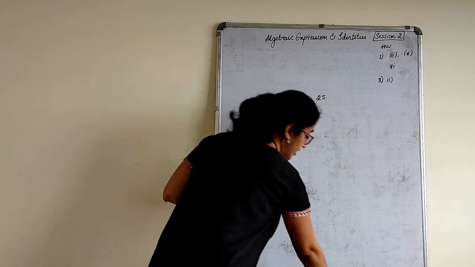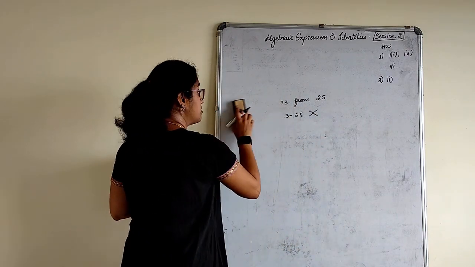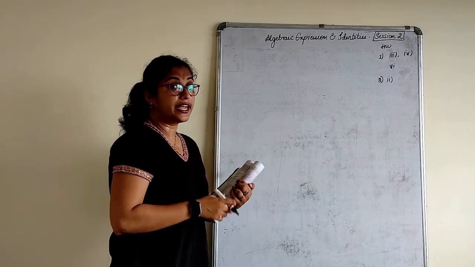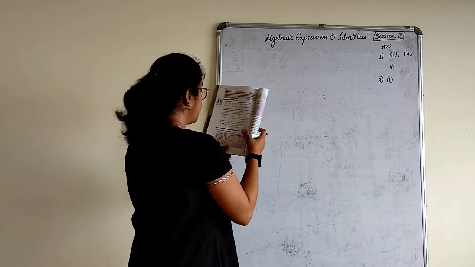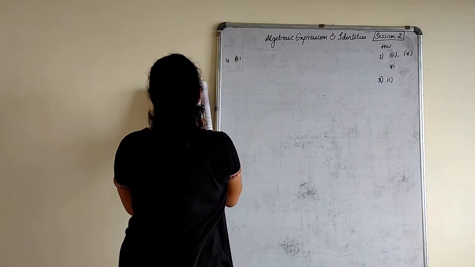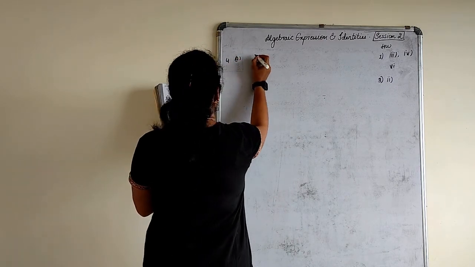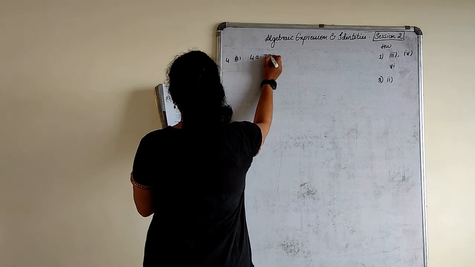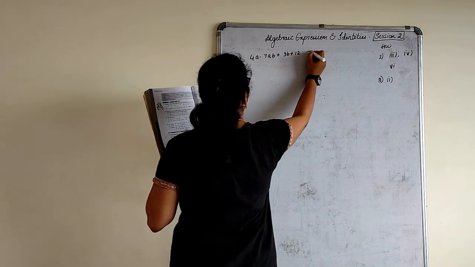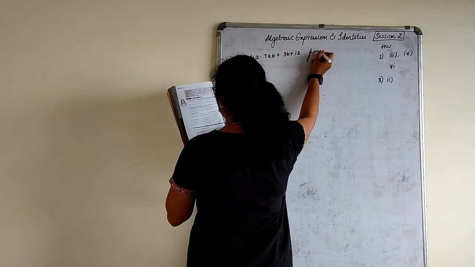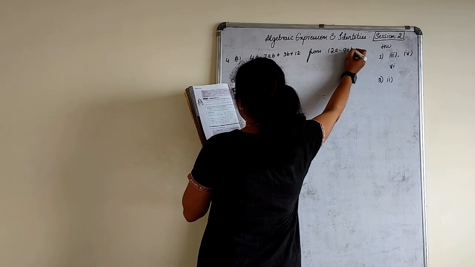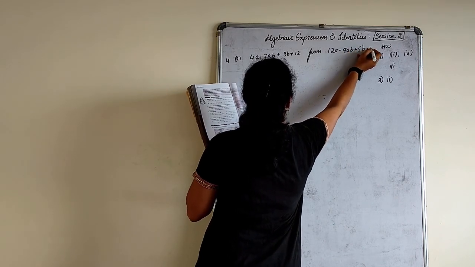Right? The same thing we have to apply here. And since it's a binomial or a trinomial or a polynomial, a bracket should be used because the minus symbol is there. Subtract 4a minus 7ab plus 3b plus 12 from 12a minus 9ab plus 5b minus 3.